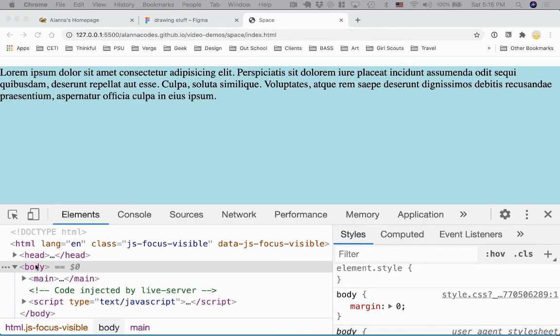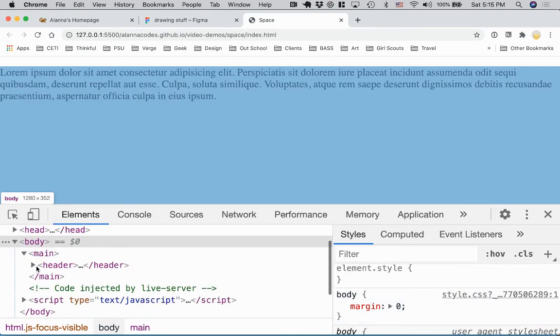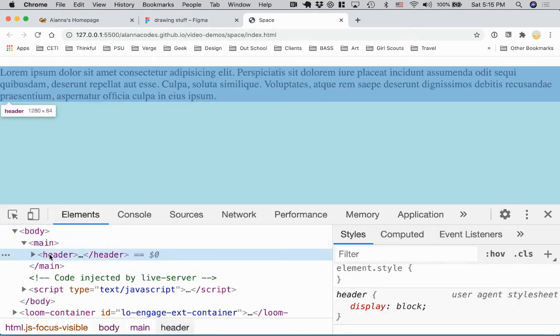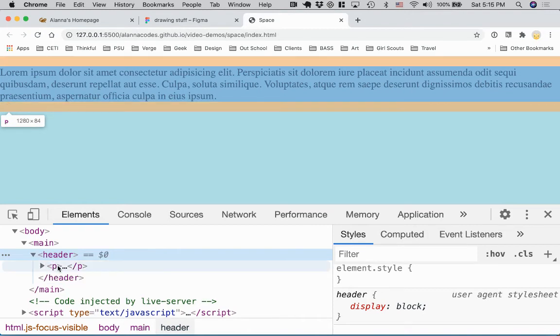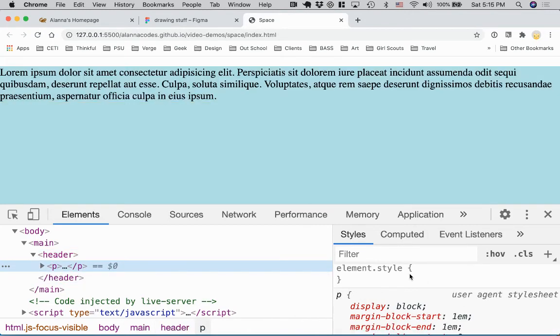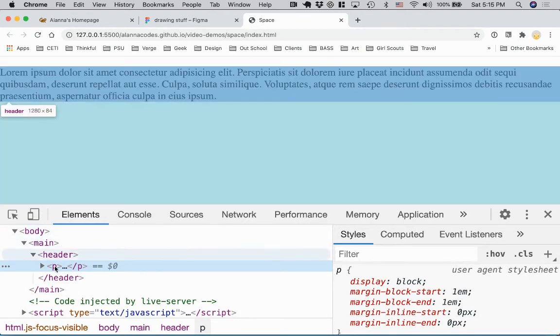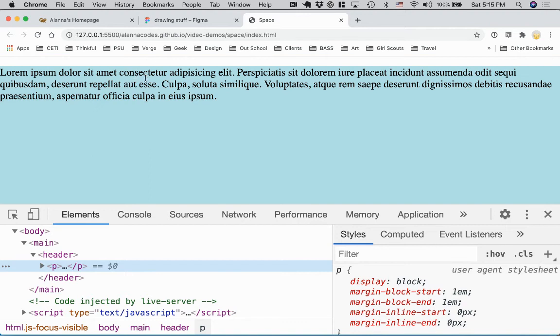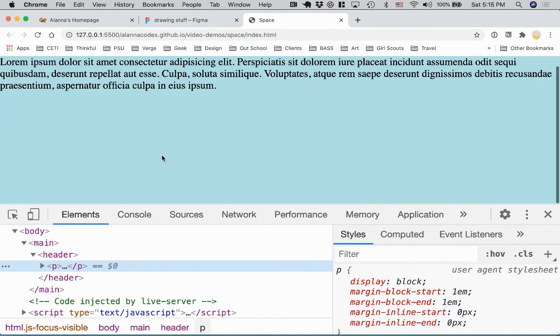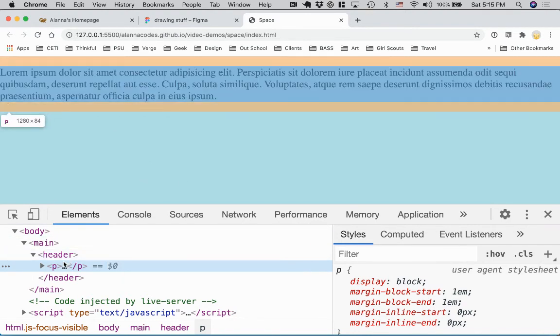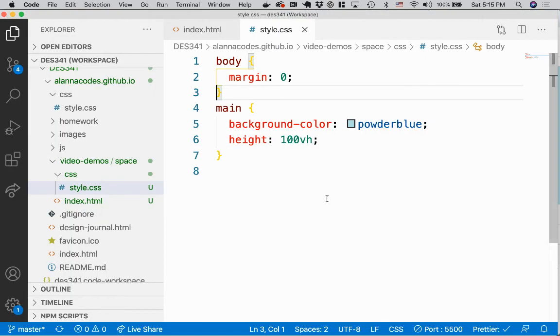The other part: now body doesn't have any margin, so where's that margin coming from? Let's keep drilling down now that this is so small. Header seems fine. And there we go. Paragraph, bam. Paragraph has a margin of like 1em, which is the height of this text right now. So that also sucks. But we'll take a look at that in a second because we're going to be moving this down anyway. Okay, so